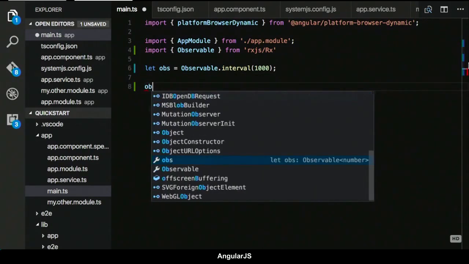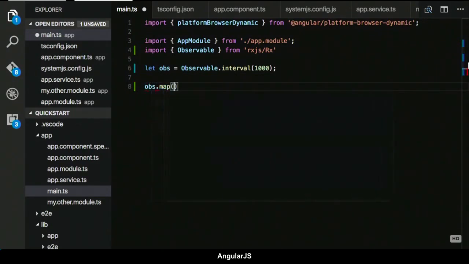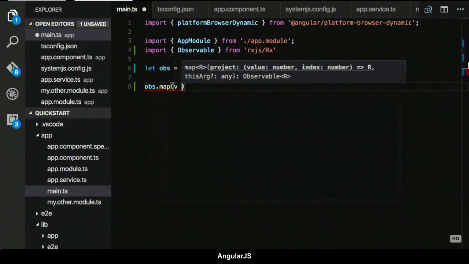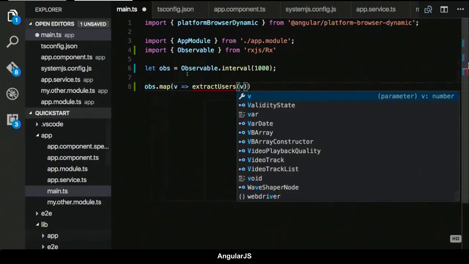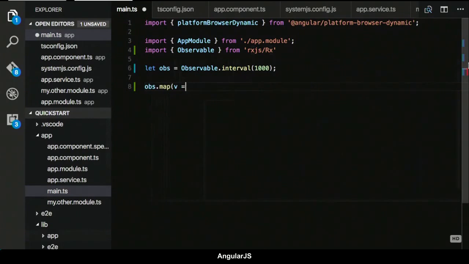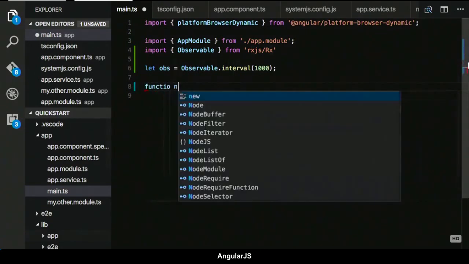So again, if we imagine this is an HTTP request coming back, right? We can do map and just do a simple transform, right? It's easy enough to just say, extract users or whatever from that. The other thing is that you can compose this into slightly larger pieces. So if I imagine I want to build my function